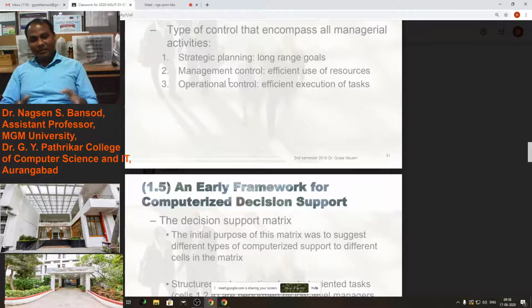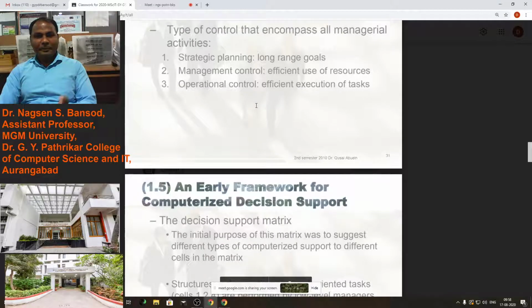You have to use all resources. Suppose there are 10 machines to make cars, then all 10 machines should be working, and that will be profitable. Otherwise, if you hide some machines and give only 4 machines out of 10, then that will not be much profitable. You have to make a free environment to use all resources for all the employees, all the customers, all the stakeholders. Then